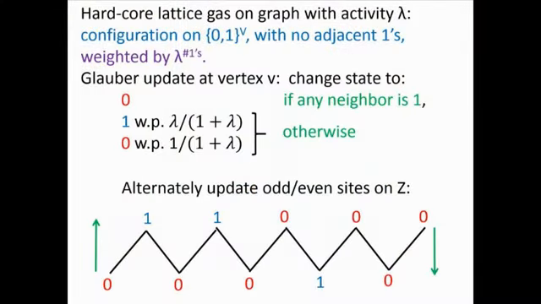Now, here's something else that you could do on Z. Look at the hardcore lattice gas, which is a standard statistical physics model. The hardcore model is a distribution on configurations of zeros and ones on the vertices of a graph with no adjacent ones allowed and weighted by some parameter to the power of the number of ones. At least that's how you do it on a finite graph, and then if you wanted to do it on an infinite graph, there are ways of taking limits. And there's a Glauber dynamics